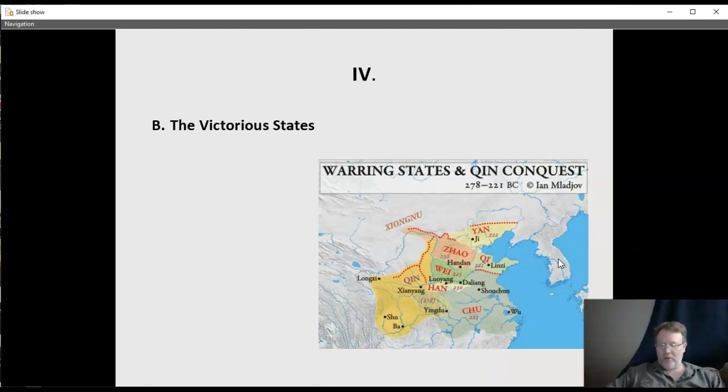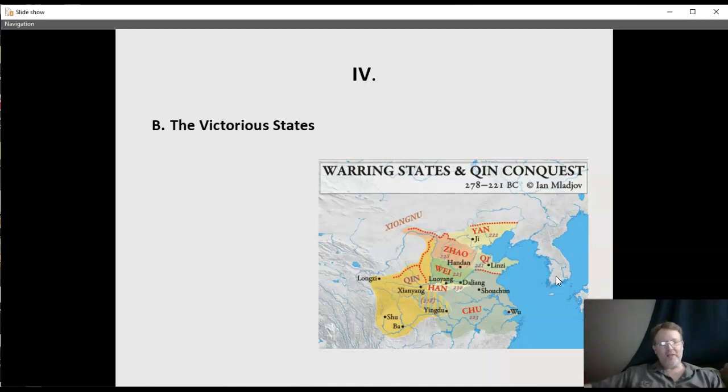By the 3rd century, there were only about 7 states remaining. These states were more centralized. Authority was held firmly in the hands of a king. They all had very large armies, hundreds of thousands of soldiers. This is the largest armies China had ever put in the field until modern times. There were kings, multiple kings over large territories. By the end, though, by the 3rd century, there was only one state really left, and that's one we'll talk